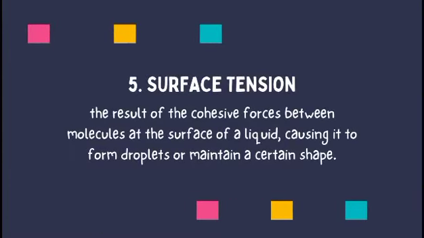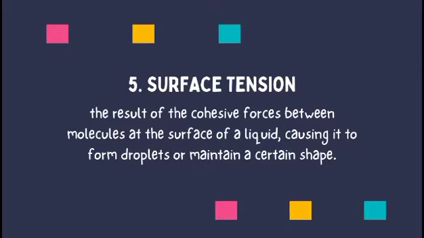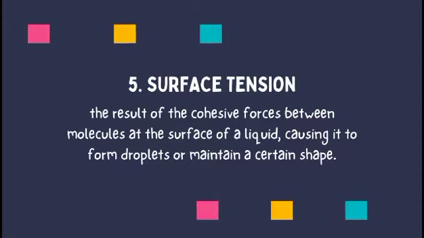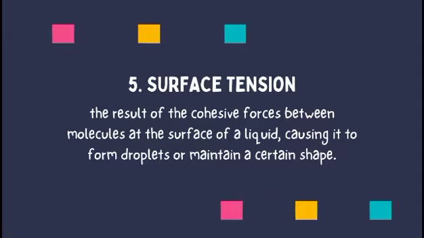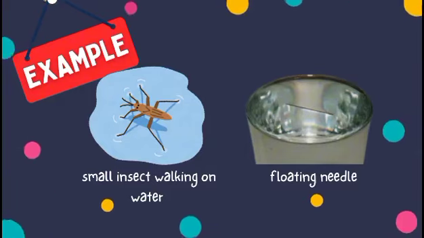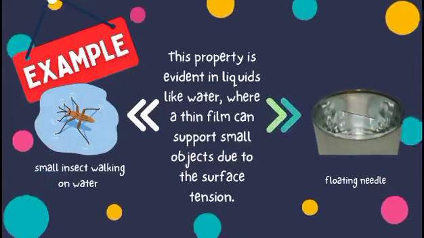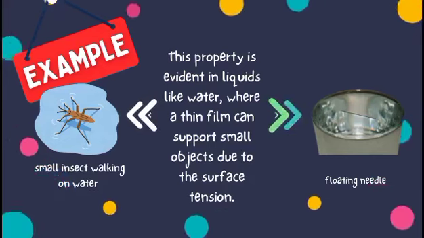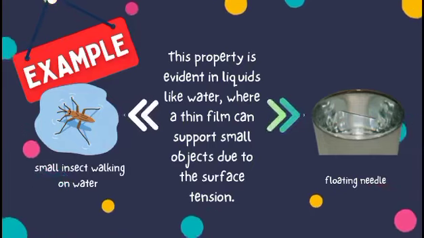Surface tension. Surface tension is the result of the cohesive force between molecules at the surface of a liquid, causing it to form a drop or maintain a certain shape. One example of it is a small insect walking on water. Second one is a floating needle. This property is evident in liquids like water, where a thin film can support a small object due to the